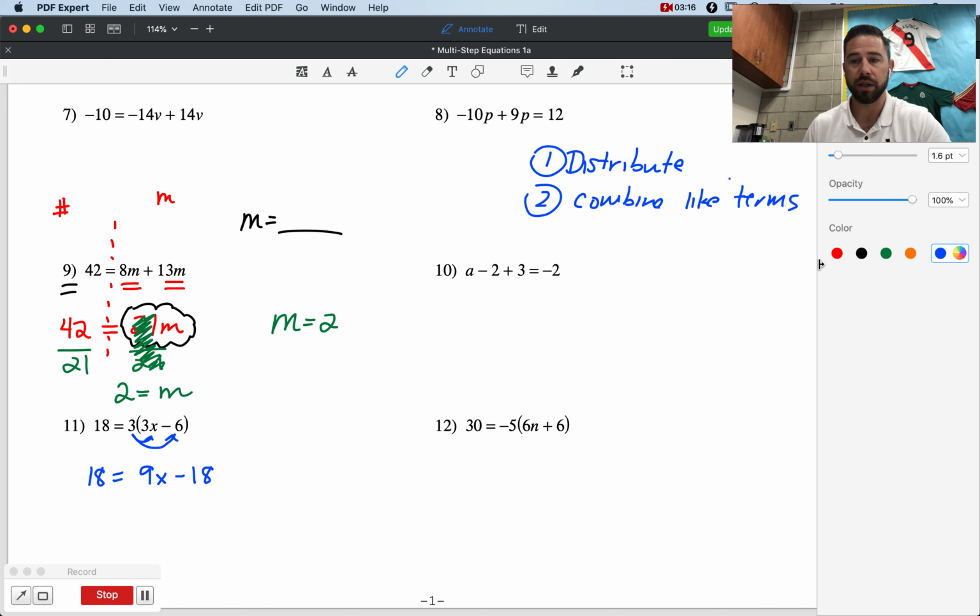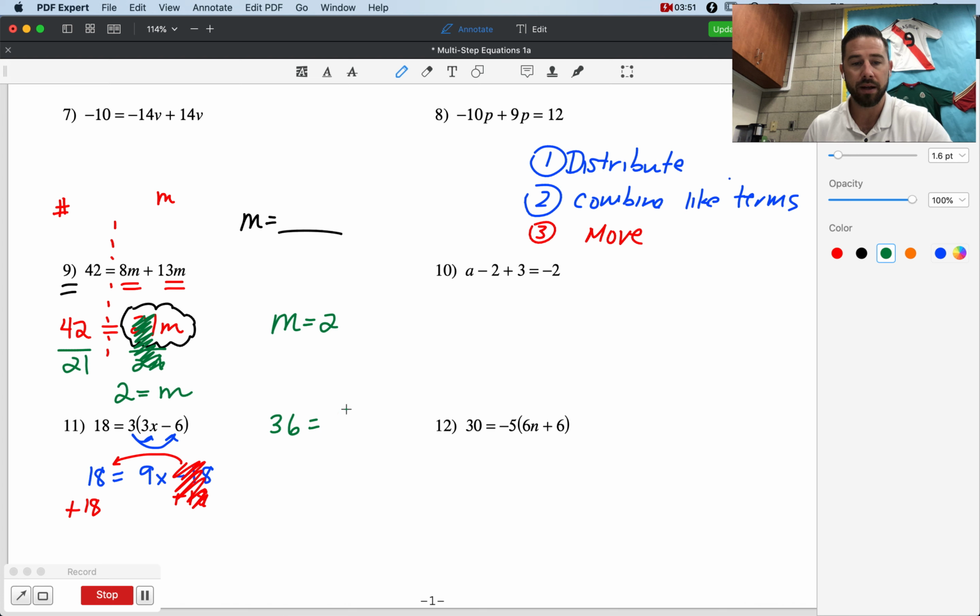2, combine like terms. And you ask yourself, hey, can I combine like terms anywhere? Do I have any x's over here? No. We can't really combine like terms. So that's when we start moving stuff, right? 3, we start to move things. We move them around. Okay, so I have a -18 here. I can get this guy to the other side or get rid of him basically by adding 18. The opposite of -18 is a +18, right? So that guy's gone. And what we have here on the left side is 18 and 18 is 36